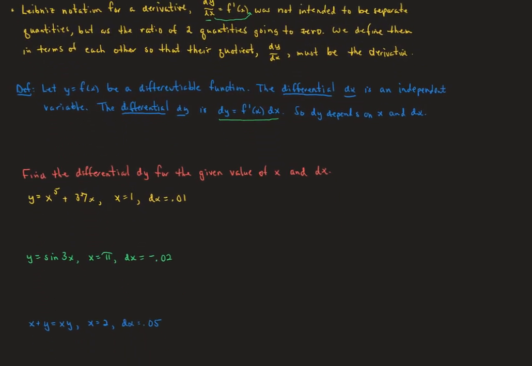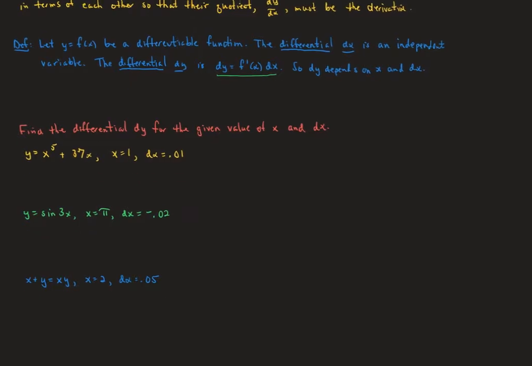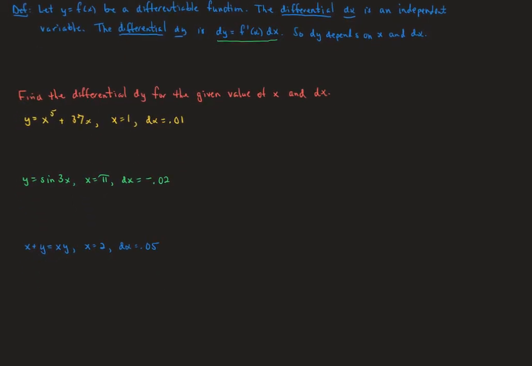I'm going to slide this screen up a little bit. So we're going to do some examples first just on kind of the mechanics of it. How do we actually do this stuff? And then we'll try to get into some more application type of stuff, which of course gets a little bit more challenging. So on the first one, we're told that our function y is equal to x to the fifth